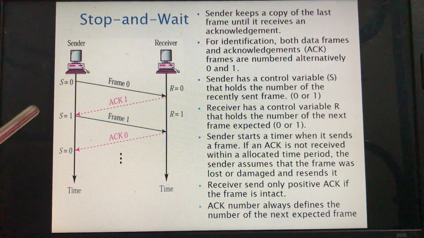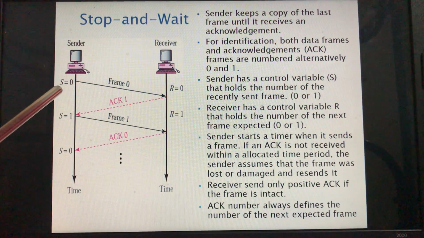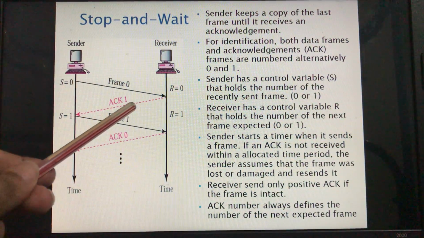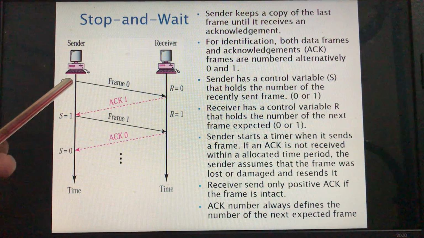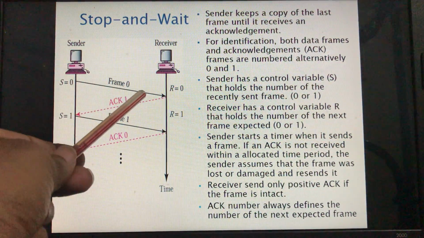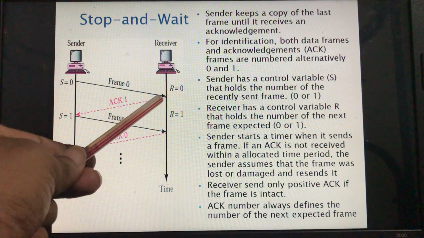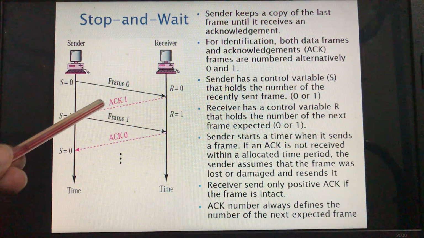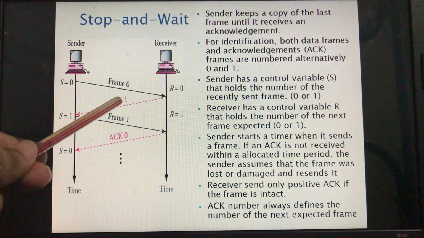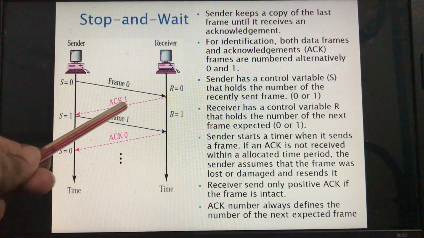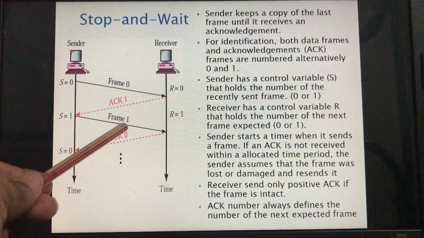Here you can see a sender and a receiver. The sender and the receiver have two control variables, S and R respectively. When the sender sends a particular frame, it sets the value of S as 0 and sends frame 0, and on receiving frame 0, the receiver sends back an acknowledgement. This acknowledgement is marked as ACK1, which defines the number of the next expected frame. On receiving acknowledgement 1, the sender sends the next frame, which is marked as frame 1, and